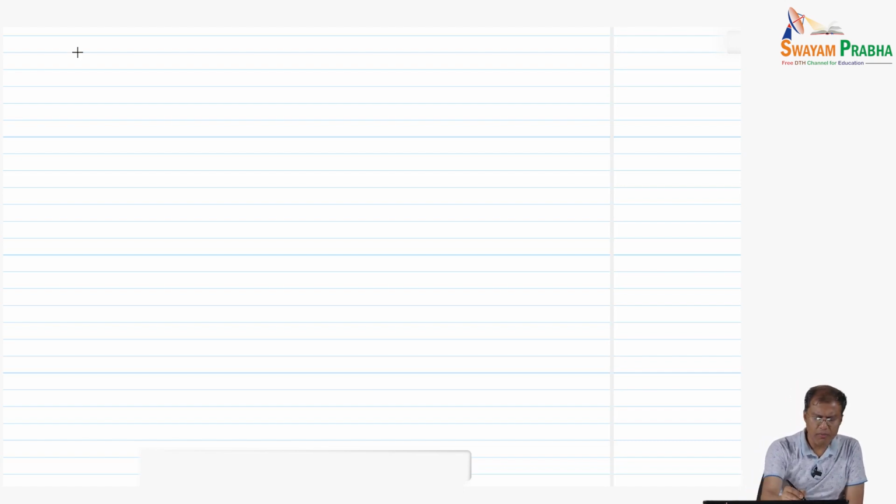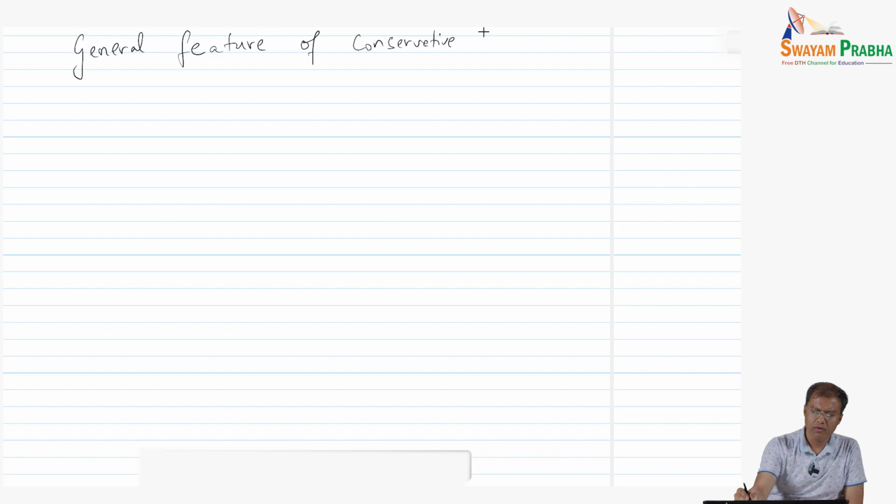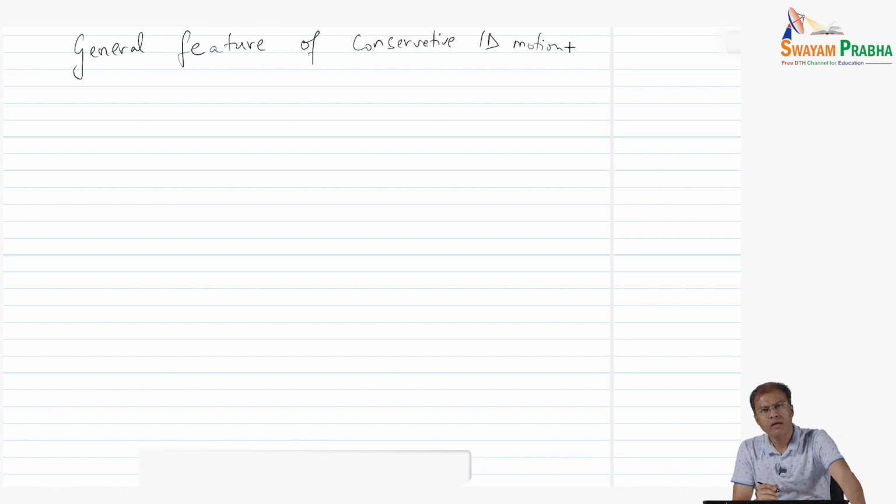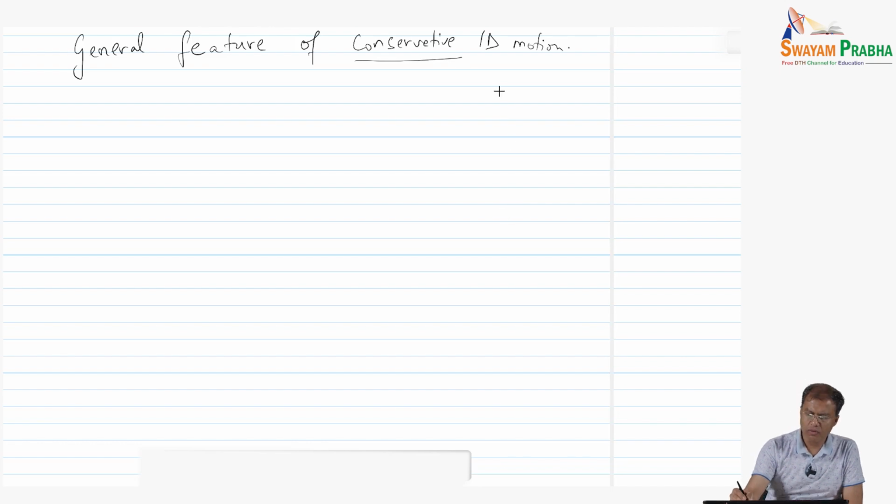Okay, so what I am trying to show are the general features of conservative 1D fields, of conservative 1D motion. Typically when we talk about conservative motion, we expect that there will be a scalar potential which governs the potential energy of the system, right? So if I draw the energy diagram, it is the total energy versus, let's say, the